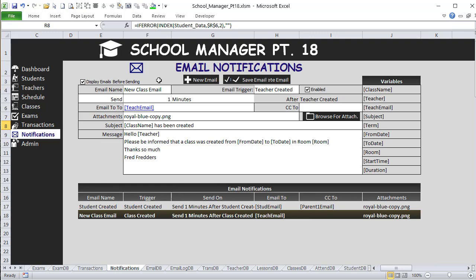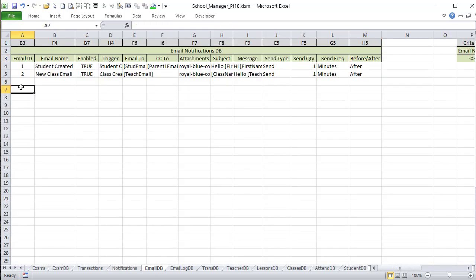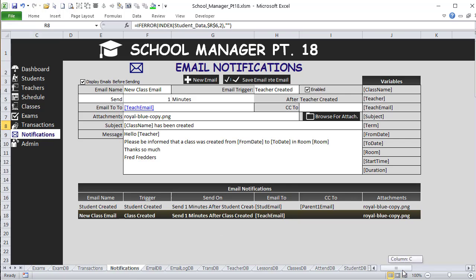So basically what I want to do, just like with the other records, is be able to save, update, delete, and of course cancel new email notifications. And I want those to appear in the database. Now I've got some data that I've just put in here to help us get started, but I do need to write the macros, and I want to do that with you. But before we do, let's go over some of the formulas and specifications we have on this specific notification